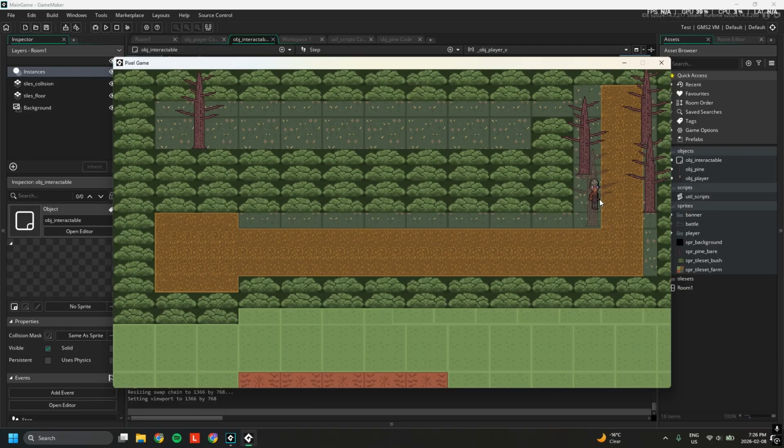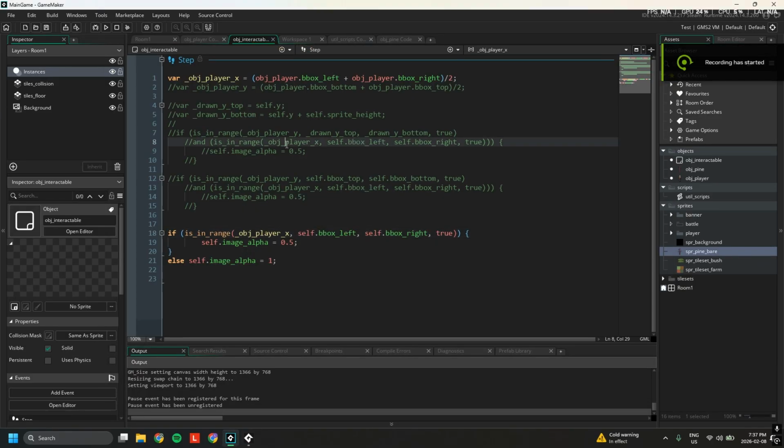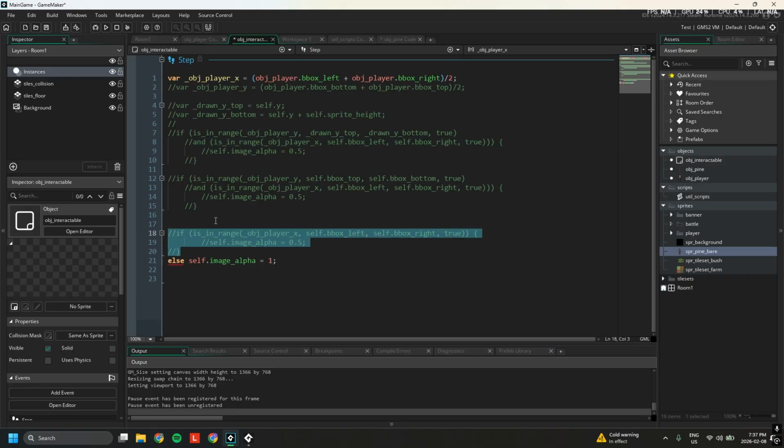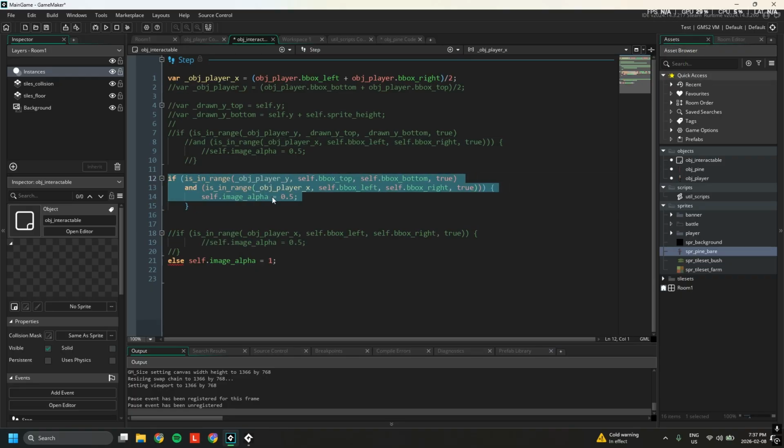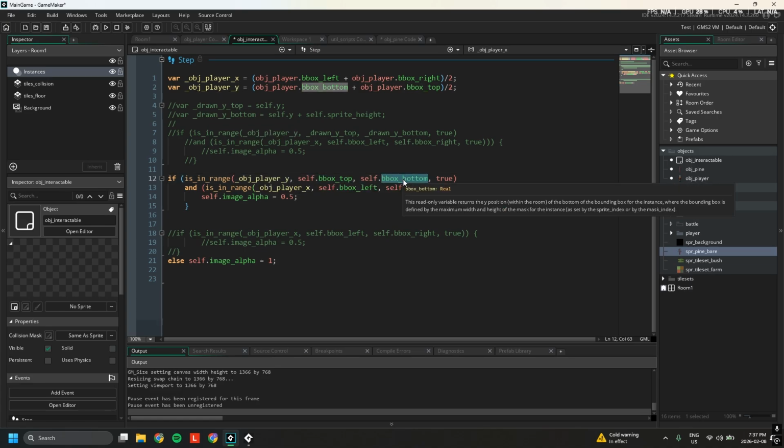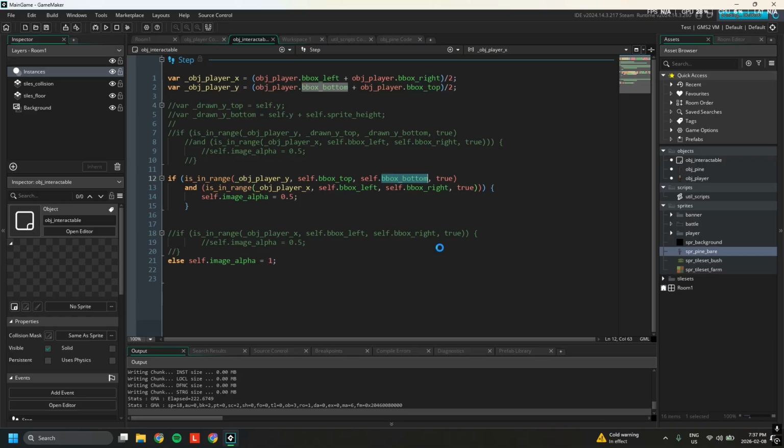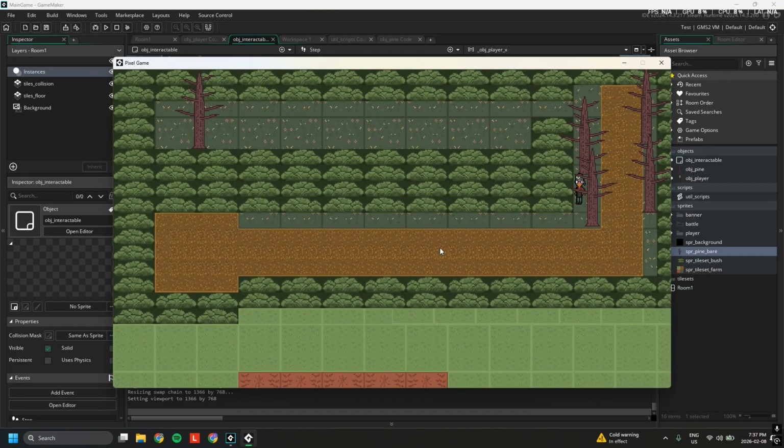So let's move on to add the y boundary block. So let's go back to obj_interactable. I'm going to comment out lines 18-20. I'm going to uncomment lines 12 to 15 and line 2. So now I'm adding a new check to see if the player sprite's y boundaries are within the boundary box top and bottom of the pine sprite itself. And we'll rerun GameMaker. But we can see that it's not turning translucent anymore for the pine trees on the